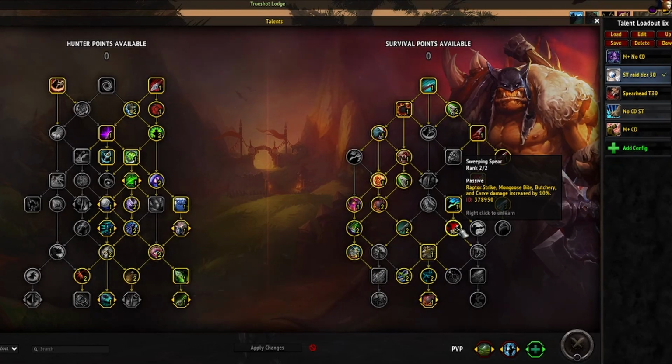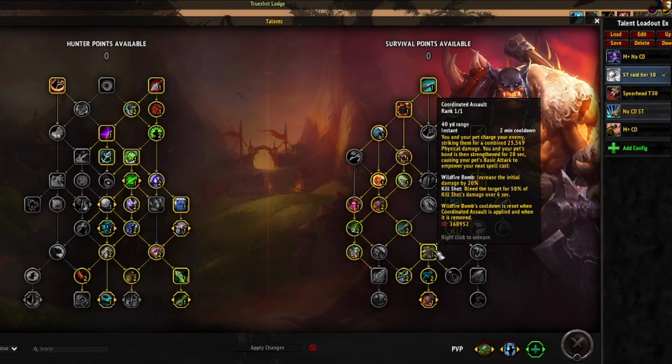Raptor Strike, Mongoose Bite, Butchery, and Carve deal 10% increased damage. And then we pick up our first major cooldown, Coordinated Assault. Basically, it just deals a bunch of damage and gives you a 20-second buff so that your pet's basic attacks empower our next spell of either Wildfire Bombs or Kill Shot. Activating Coordinated Assault also resets all your bomb charges, so you want to be at 0 before you go into